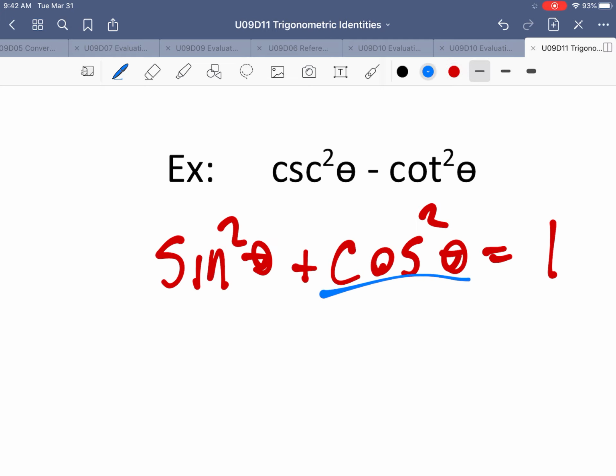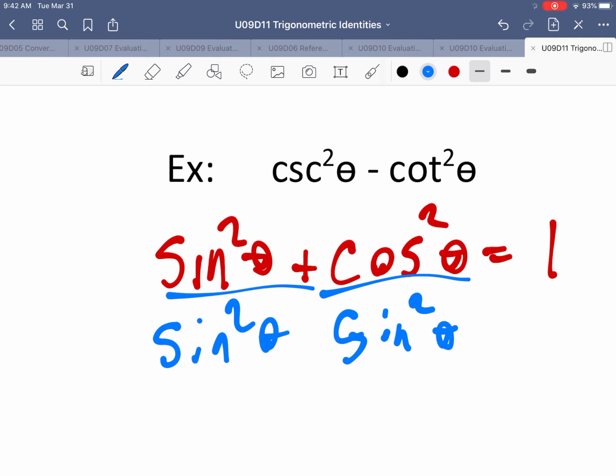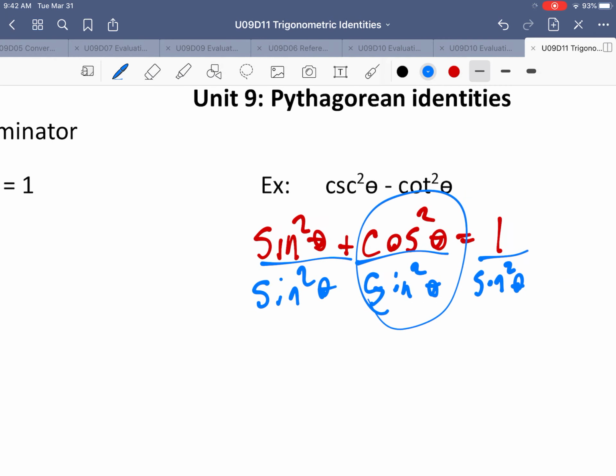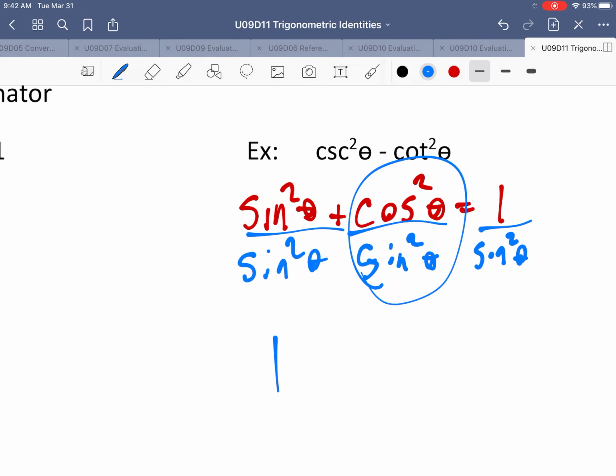So I'm going to divide this one by sine squared theta. Because this will make cotangent. And now I get 1 plus cotangent squared theta equals